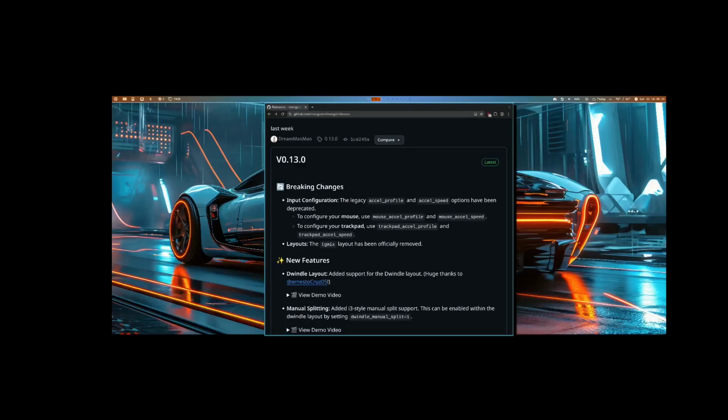Have you ever wanted Dwindle inside of MangoWM? I know a lot of people in the community have. I can't share the same sentiment, but as a member of the Linux community, I do love it when developers take the time to cater to the community. So what DreamMaoMao has done, and it looks like special thanks to Ernesto Cruz here, is